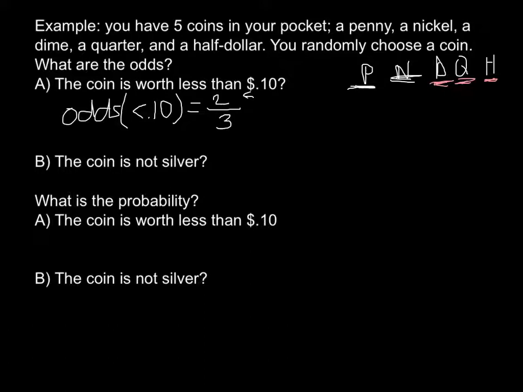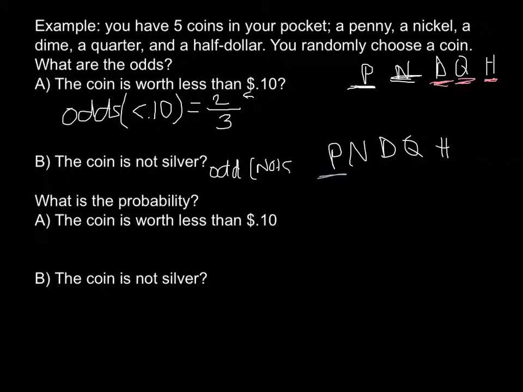The next one says that the coin is not silver. Okay, so again, I've got a penny, a nickel, a dime, a quarter, and a $50. So let's underline the ones in blue that are not silver. Penny is not silver. Well, that's about it. So we would write the odds,